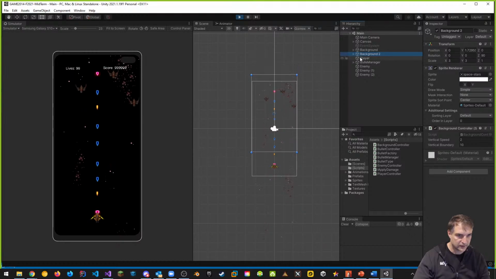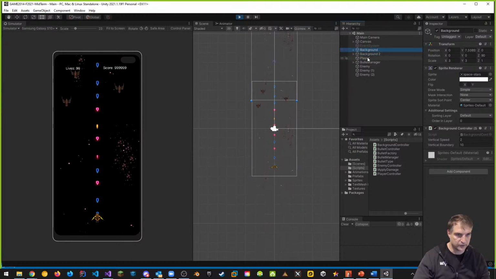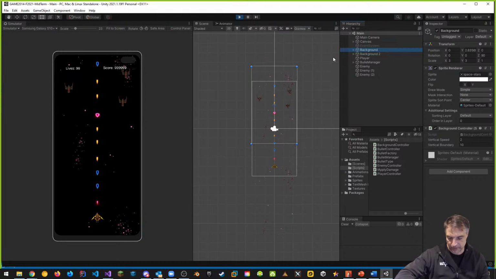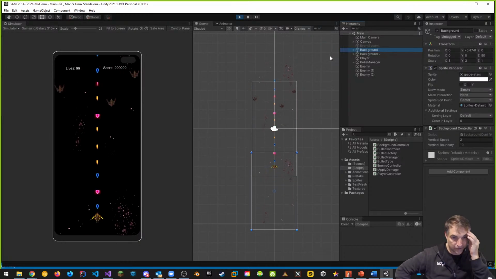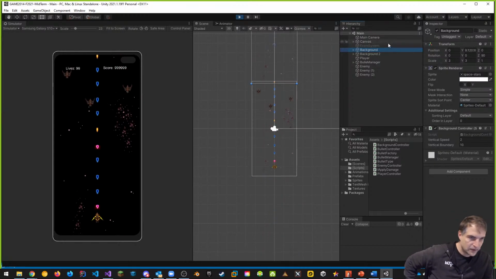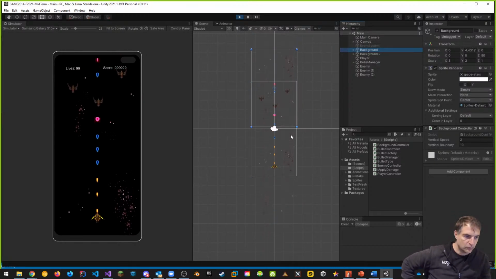And it does this synchronously with the other background. So what's going to happen is that you have this almost like an endless scrolling effect happening here with these two backgrounds. How does this happen? Well,